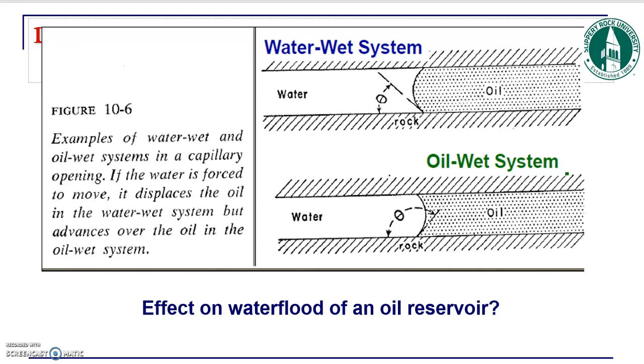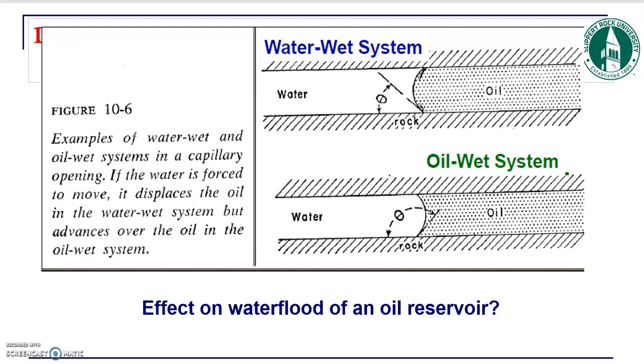Now in a water wet system, what happens? The oil doesn't like to stick to the surface. Water has more affinity to adhere to the surface, and you can see from the interface of water and oil that water is trying to attach itself to the surface of the rock, right? So it's easy, because oil doesn't like the surface and water likes the surface,